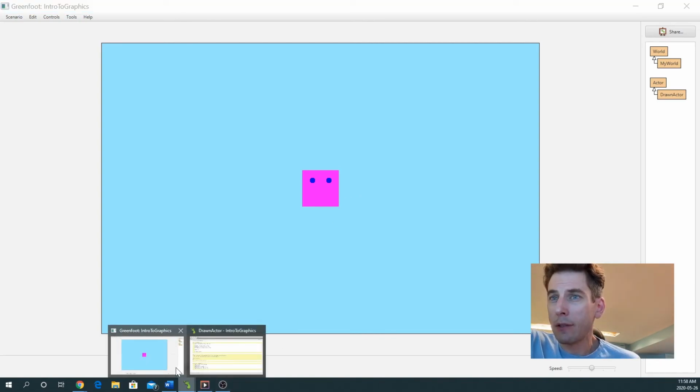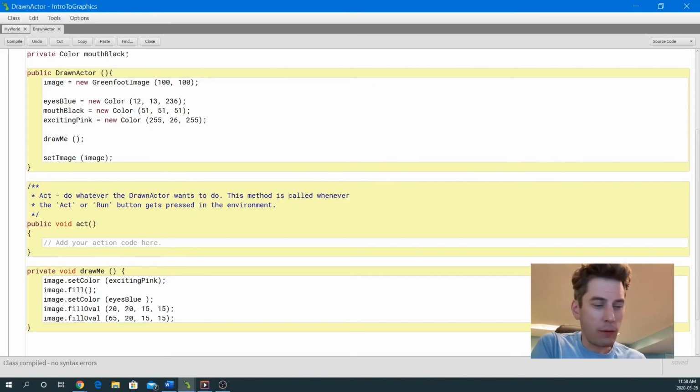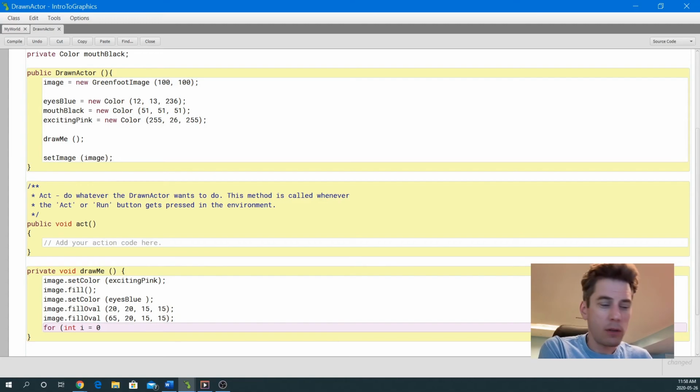So there we have the eyes, and now we're going to draw the mouth. In the mouth, I'm just going to draw a series of lines right here, because one line probably wouldn't look good. So I'm actually going to use a for loop. Let's just set I to where I actually want. So the I is going to control, why don't I just call it Y, because it's going to actually be my Y value. And by the way, you should never call it Y. I call it YY because Y is actually a hidden variable, and you can run into some strange problems if you call it Y. So as long as YY is less than,